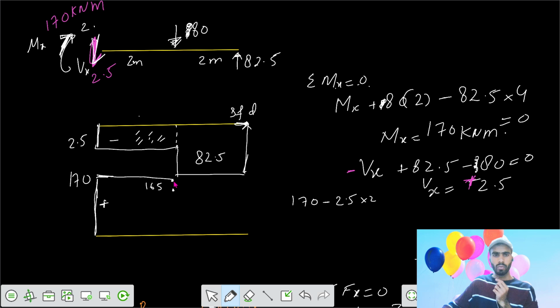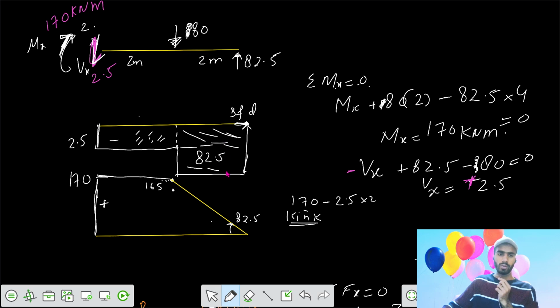Then after that we have a sudden change, or a kink, in the BMD. A kink in the BMD means a change in slope. Now see, here the slope was minus 2.5, but here the slope would be 82.5, so we can join the two points. In this part, the shear force is negative and constant. For the bending moment, the slope will be constant and negative. So your BMD